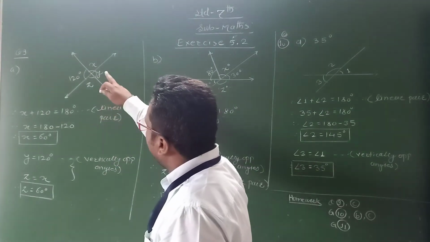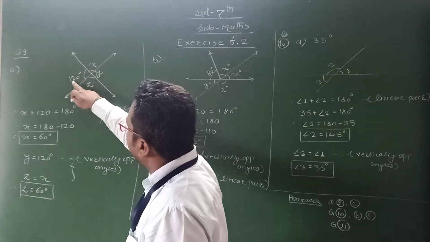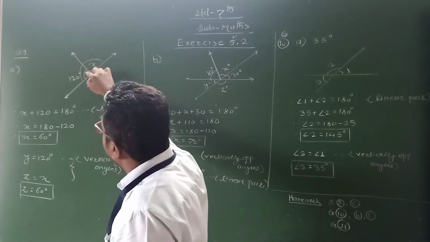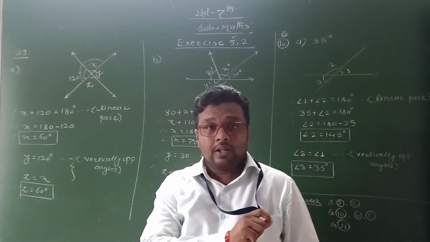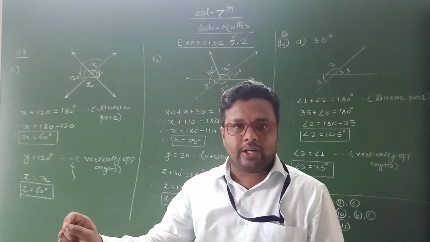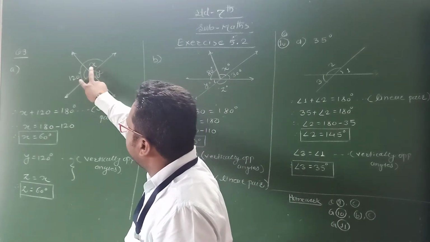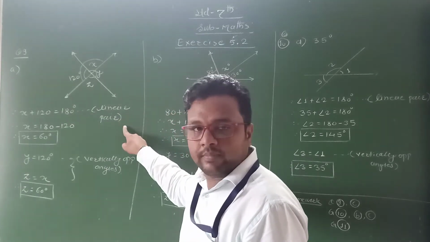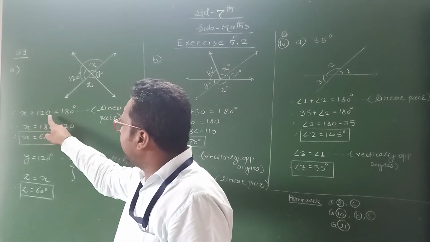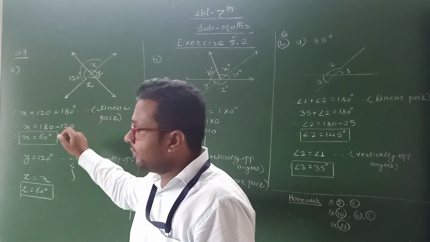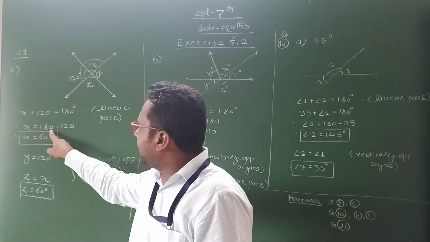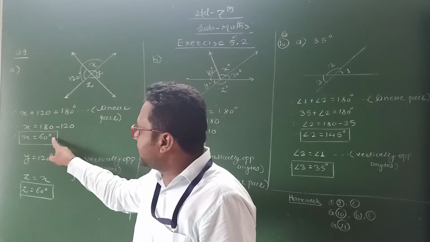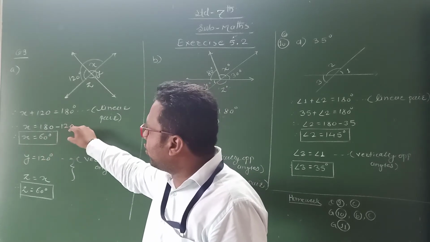Now see, to find out the value of x, we relate with this given angle 120 degree. Angle x and 120 form the linear pair. These two angles, adjacent angles on the one straight line, form the linear pair. Therefore, sum of these two angles is equal to 180 degree. What is the reason here? Linear pair. Therefore, we write x plus 120 is equal to 180 degree. Clear? Therefore, x is equal to 180, we transfer plus 120 become minus 120. Then x is equal to what? 60 degree. This is the value of x here.